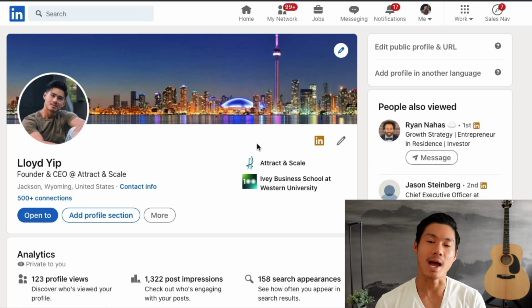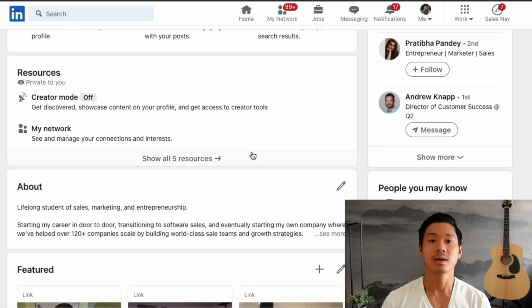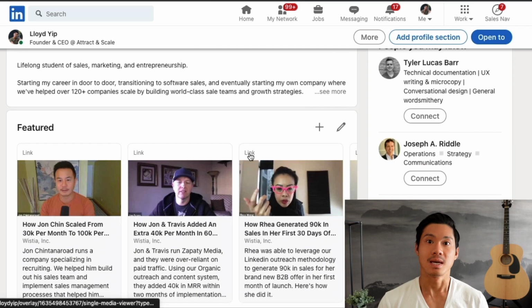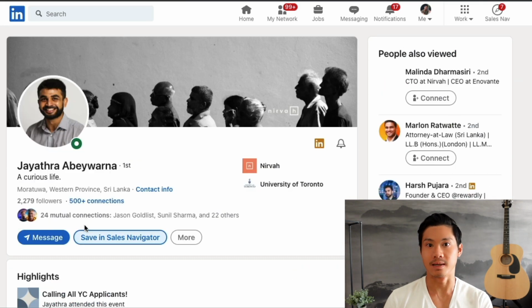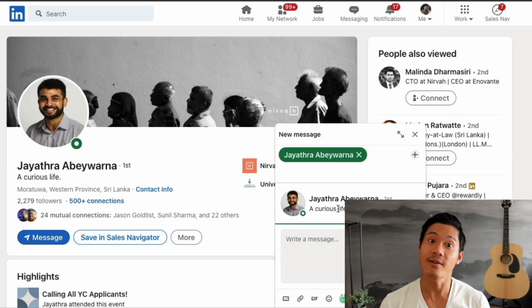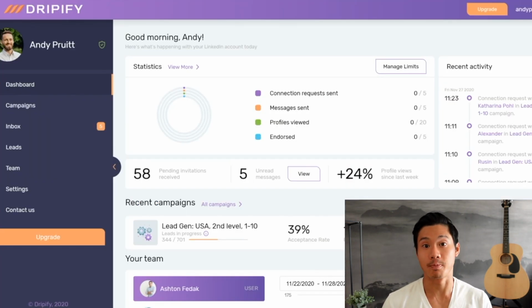So one way you can deploy outbound messaging in order to generate these DMs is to just reach out to people via LinkedIn. One of the reasons why I think this is a great platform is you can automate a lot of the work. So here's an example of a tool called Dripify. And Dripify is pretty interesting because it allows you to sequence out campaigns.